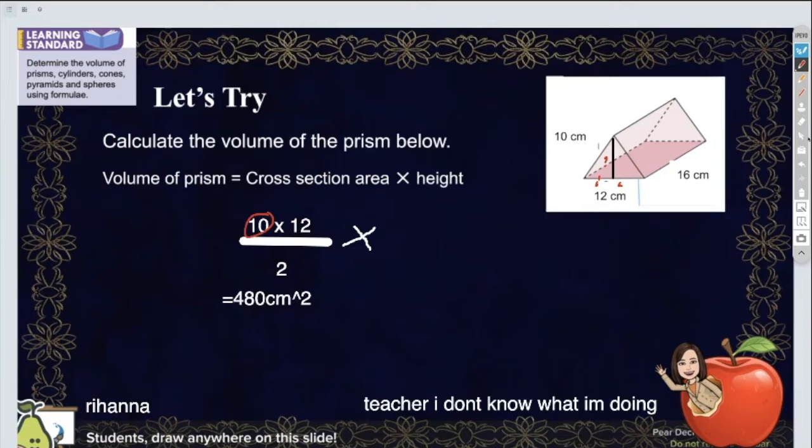So can proceed now, Rahana? You must find this one length first. Mesti kena cari sini dulu. How to I get the cross sections? Okay, this one. This is a triangle. Yang lain tu tak boleh tu. Dengar juga. Okay, ini segitiga sudut tegak kan? So ini 6. Guna Pythagoras. Ini 10. This is hypotenuse. So longest side, just now we are using the Pythagoras. We have to use 10 square minus 6 square. Then square root, okay. So what is the answer?